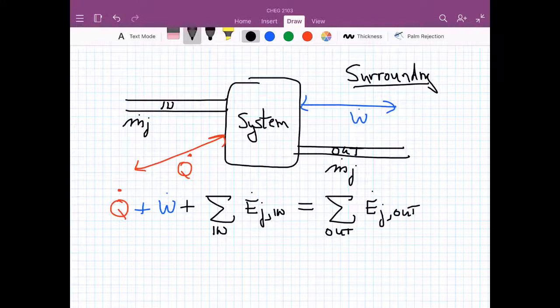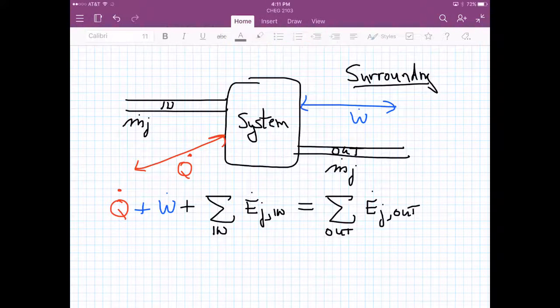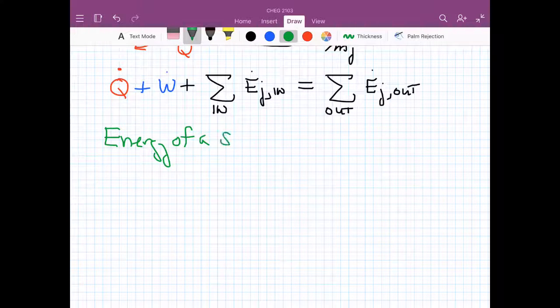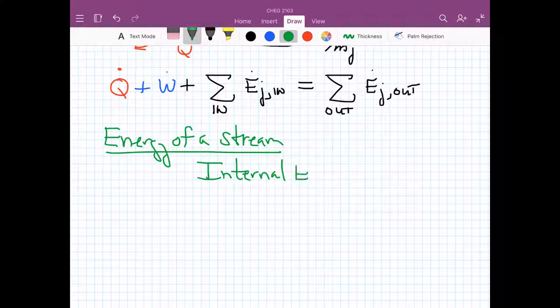All right, so this hopefully intuitively makes sense. The change in energy of the system is going to be equal to all the heat or work I add or subtract, plus all of the energy carried in and out by the streams entering or leaving. So the energy of a stream, what is the energy of a stream made up of? Well, it's going to be made up of the stream's internal energy. The stream is going to be composed of molecules that have a certain amount of internal energy assigned to them. It's also going to be made up of what we're going to call the macroscopic